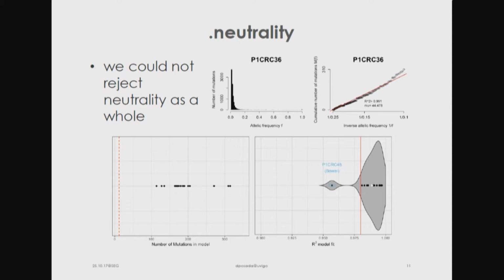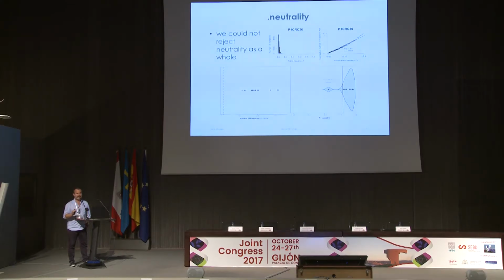We are evolutionary biologists, so we care a lot about selection. Okay? Selection is the paradigm, but in recent years, there have been some people saying that maybe not all evolution in cancer is selection. At the very beginning, yes, it is. There is no discussion about it. The first mutations that make a cell become malignant, the establishment of the tumor, has to be driven by positive selection. That's for sure. So the first initial cell that outgrows the healthy cells and becomes a tumor has to be selective. But after that, the tumor keeps growing. Is that secondary growth neutral or is it under selection? So that's an open question, okay? And there's a big discussion about this.